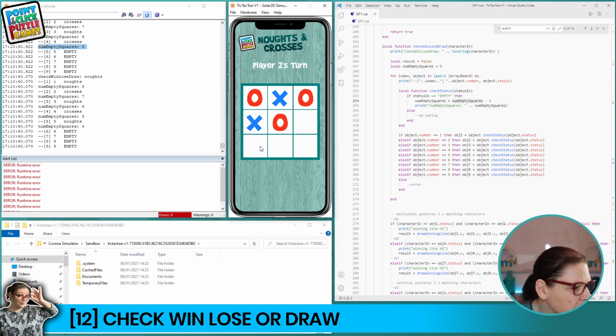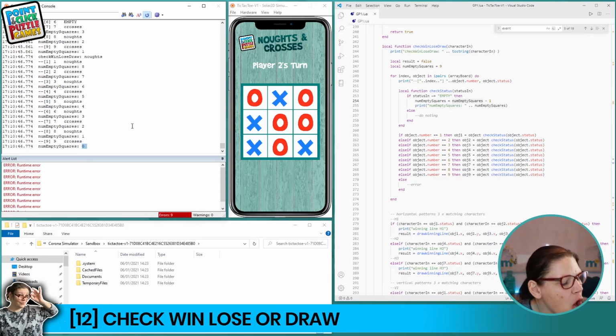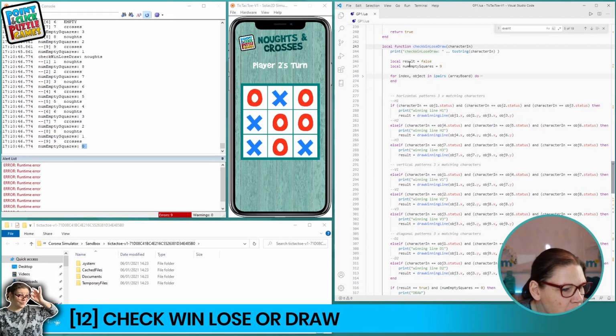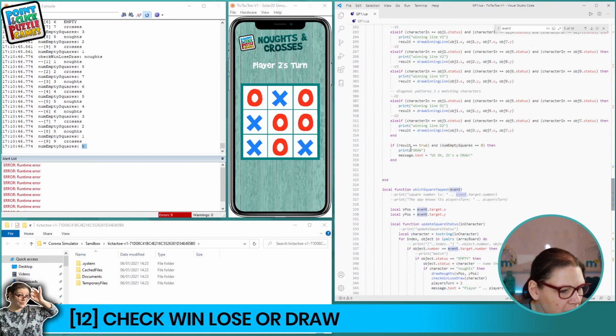So if we keep going, so that we don't get a win, she says, trying to remember. Okay, we can get down to 0. So 0 means there are no empty squares. So we know that this is being populated correctly, and it's living up here still inside the check win, lose or draw function. So now that we know that the result is false or true, because it's going to put true if it draws a winning line, or that the number of empty squares is 0, down here we